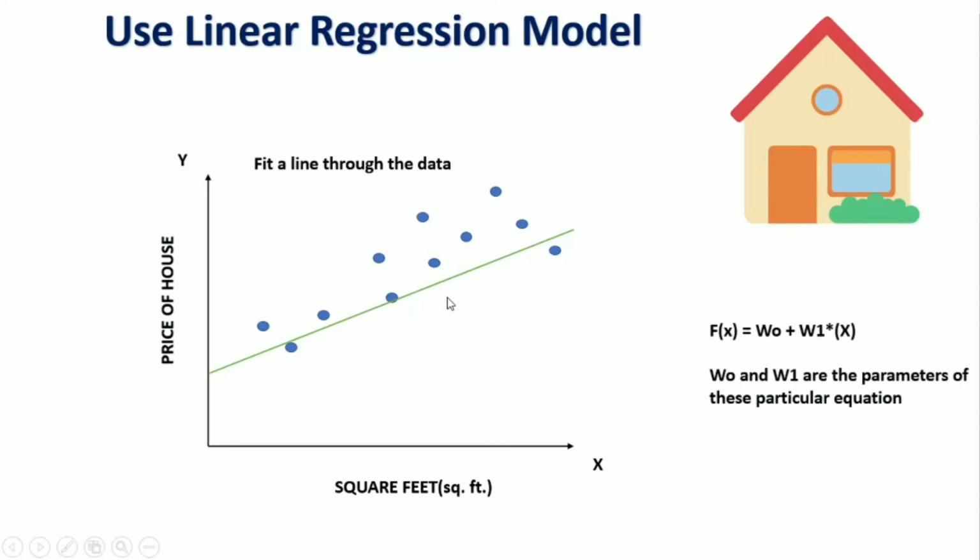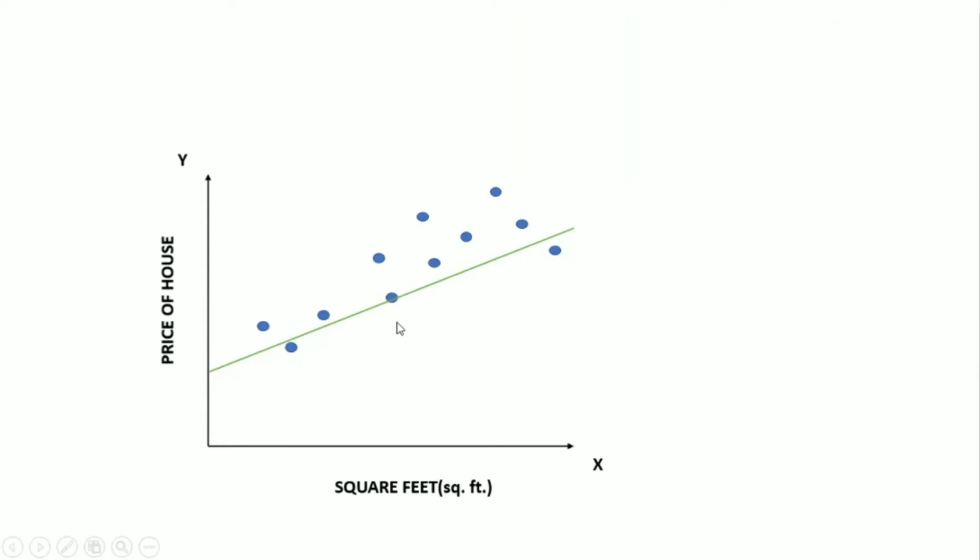So there can be different kinds of lines which can be made here. What kind of line will be the best model for this dataset? We will learn about that. Here you can see that I can draw this kind of line, this kind of line, and this kind of line also. So which will be the best line? What we can do here is use the residual sum of squares.